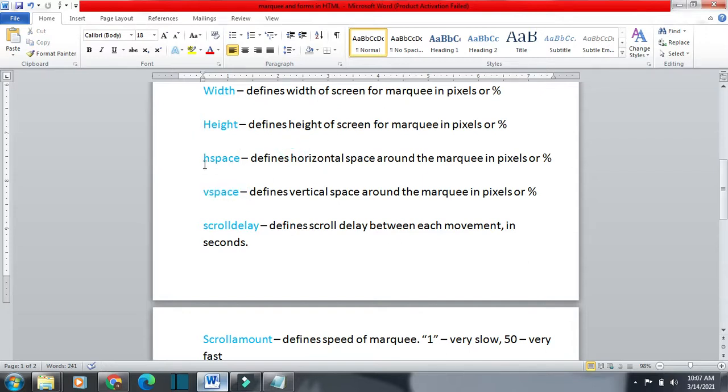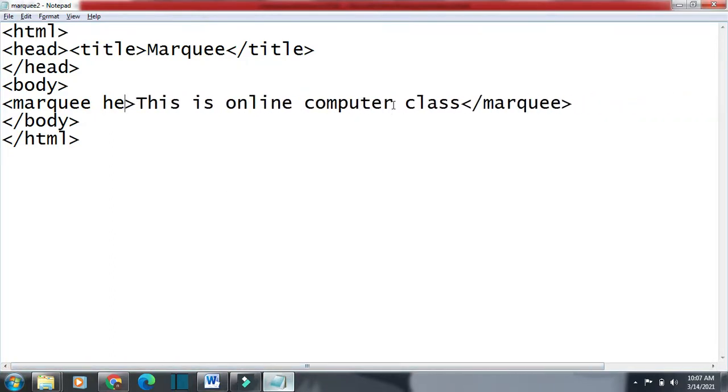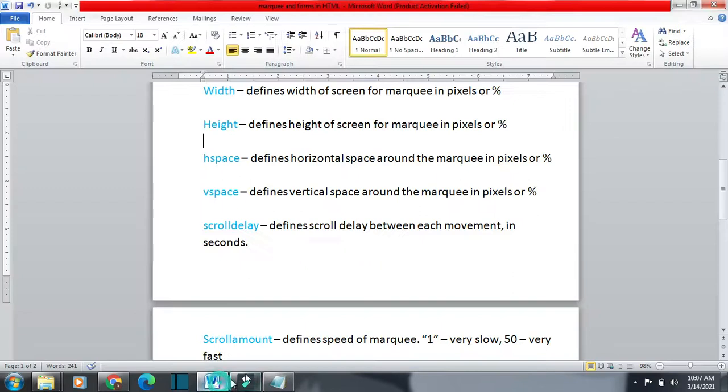Okay, so we will see H space first. It defines horizontal space around the marquee, means both sides of the marquee. H space also we can give either in percentage or in pixel.